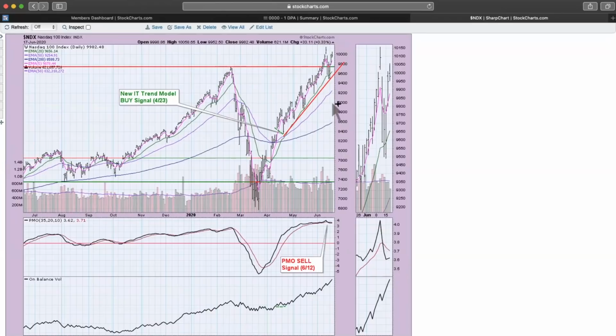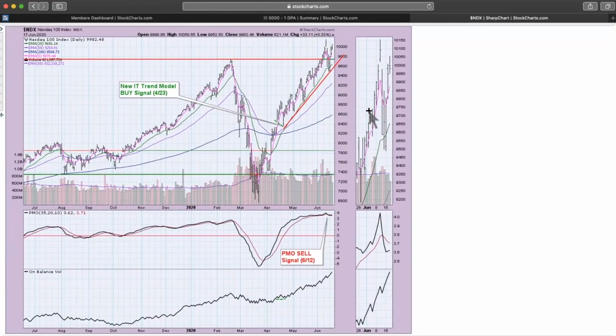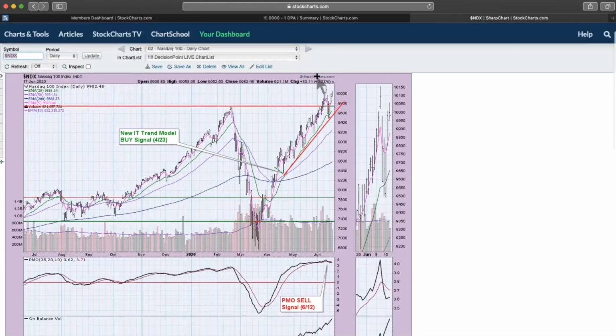Certainly a much more bullish bias on the Nasdaq 100. Today's action, it closed slightly down, but it made a rally high for this short rally. It made a high today on contracting volume. You can see it's been contracting all the way down as it's moving up. So between that and a little bit of negative momentum here,